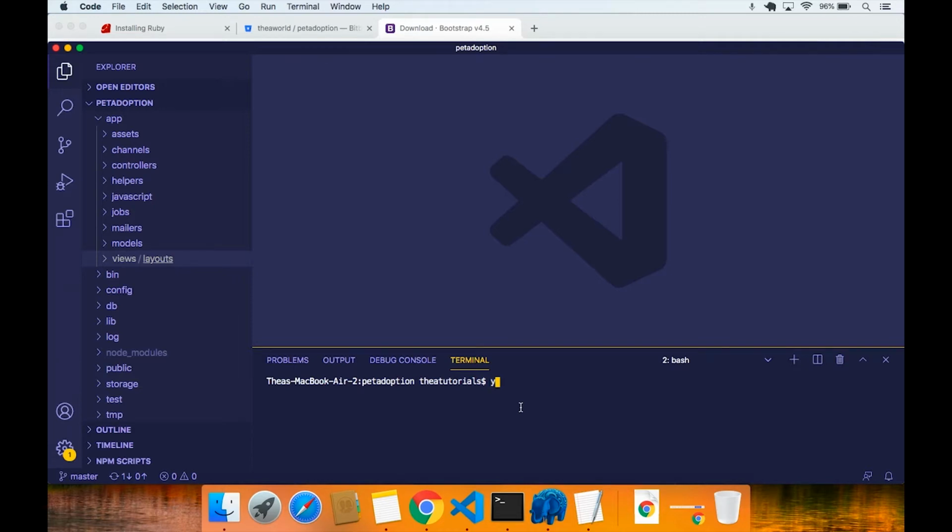Okay, so I'm going to say yarn. Well, that's the first command that we saw earlier. It's yarn add bootstrap. So we are going to do a yarn add bootstrap with a version. Yarn add bootstrap, and make sure we spell that correctly, bootstrap at 4.5, right? So 4.5.0,